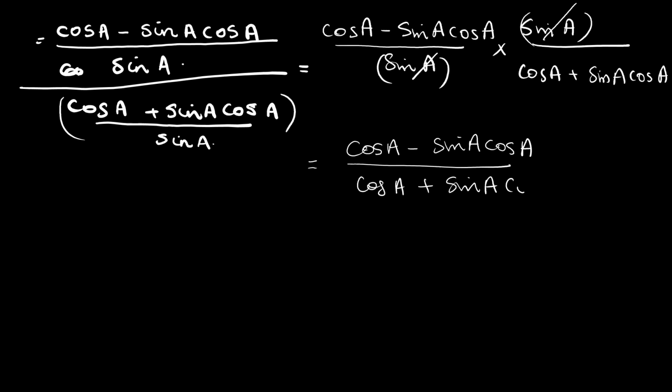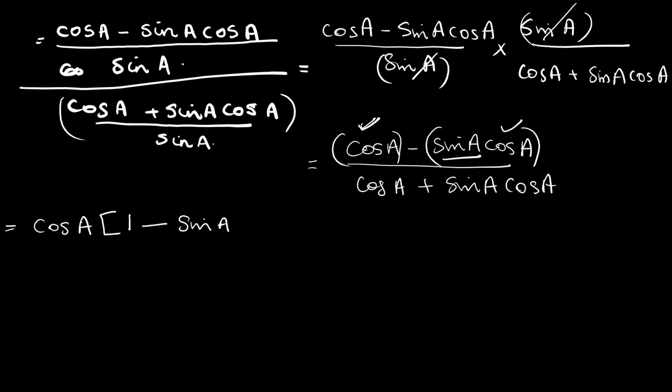Here see, in the numerator there are two terms, cos a minus sin a cos a. In these two terms cos a is common, so take cos a as common term. So what is remaining? In the first term remaining is 1. In the second term the remaining term is sin a. Okay, now